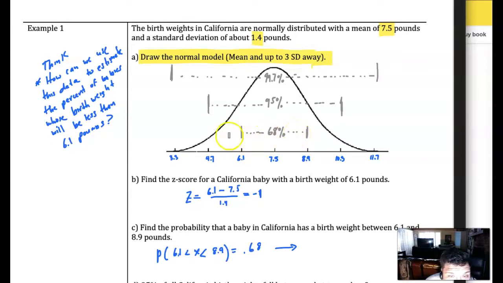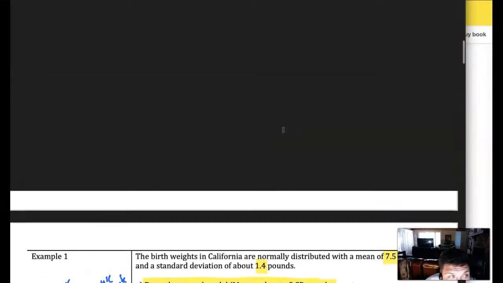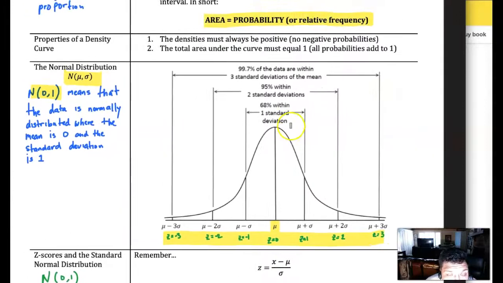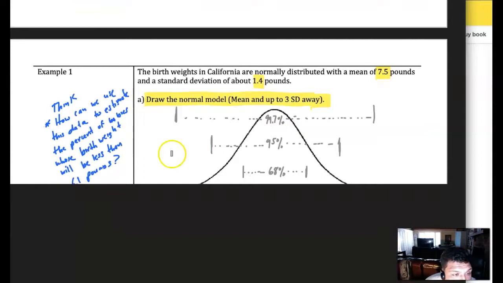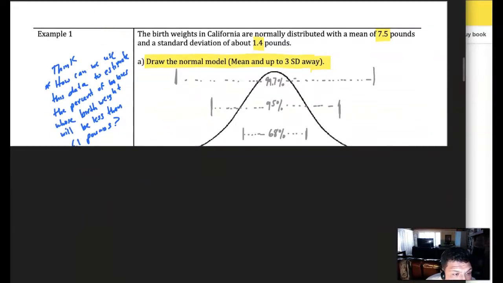And then what we know is 68% of all of the children who are born will be between 6.1 and 8.9 pounds. And again, that's given from what we call the empirical rule, and that came from this distribution here that we were talking about. This fits all normal curves. So think about how we could use this data to estimate the percent of babies whose birth weights will be